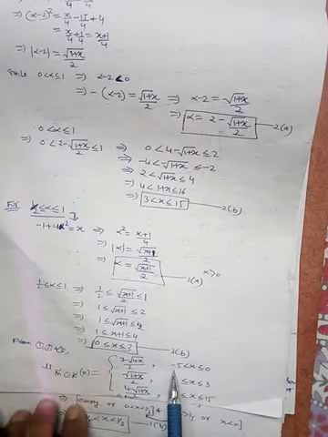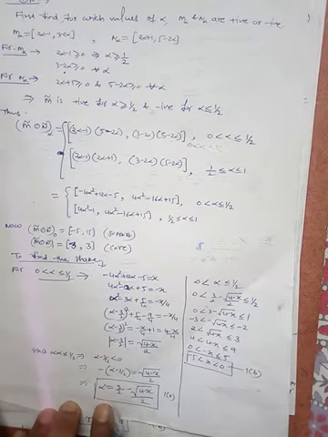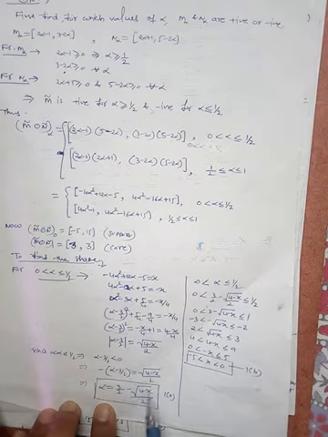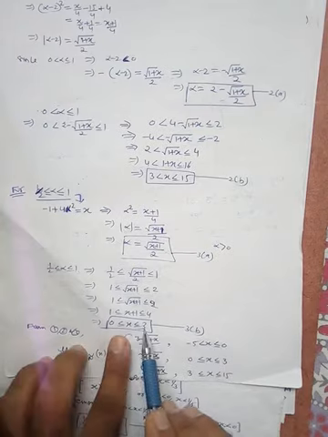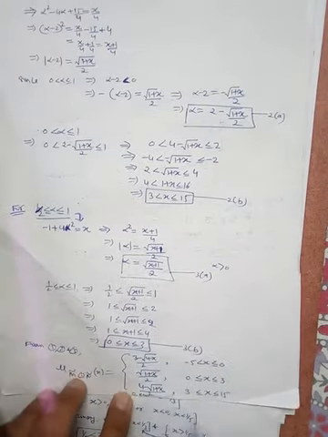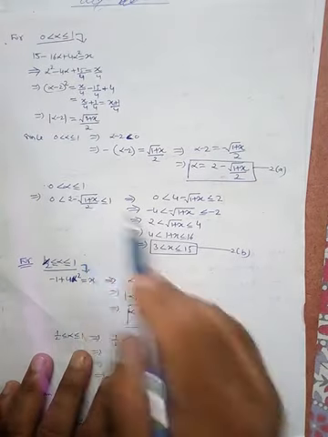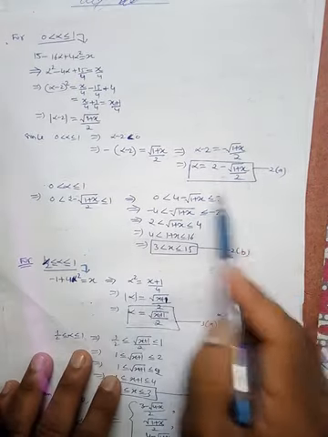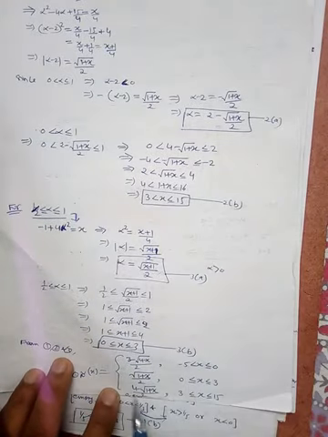Okay, for minus 5 to 0, when you consider minus 5 to 0, your alpha is this, 3 by 2 minus square root of 4 minus x by 2. So this is written here. Okay, for 0 to 3, alpha is this part. So this is written here. And from 3 to 15, alpha is this, 2 minus square root of 1 plus x by 2. So this is written here.